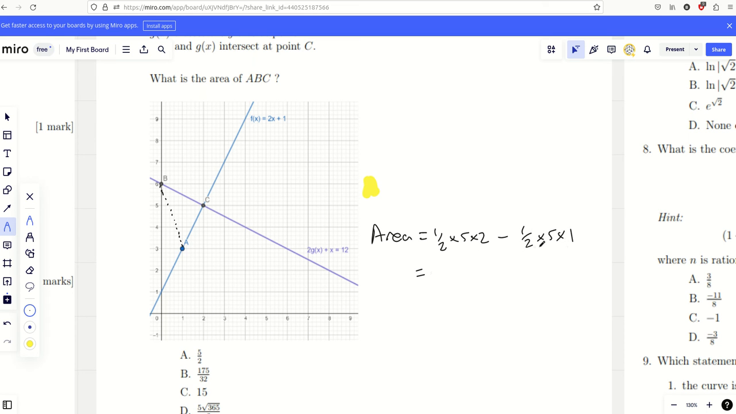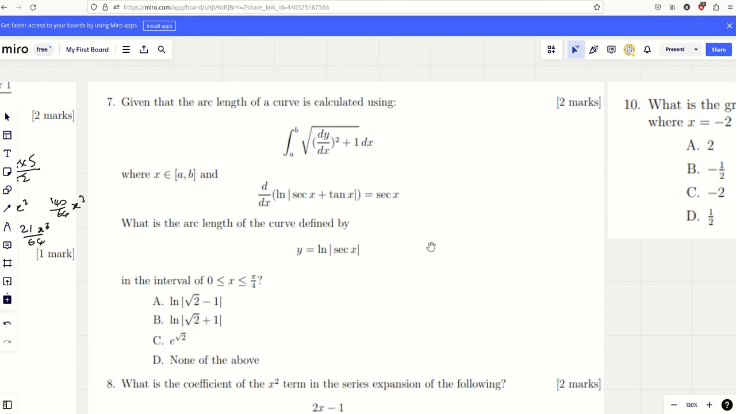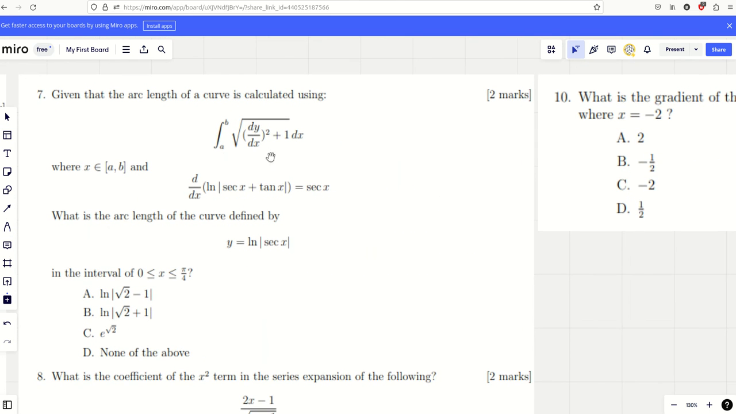And so we've got 5 minus 2.5, and so the answer is 2.5. And so the answer is A, I think, for that one. Okay, number 7. Right, this used to be in further maths, length of a curve, but they took it